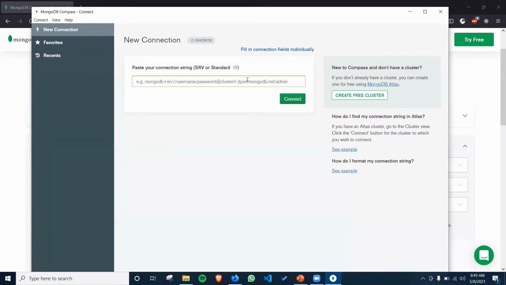So here you can paste the connection link. Here it provided an example, mongodb plus srv, this one. This one is basically if you are using MongoDB Atlas, then you have to write the link something like this. But if you are using MongoDB in your MongoDB shell, then first of all, what you have to do. After writing this, you will be able to see all the databases and schemas present in your database.